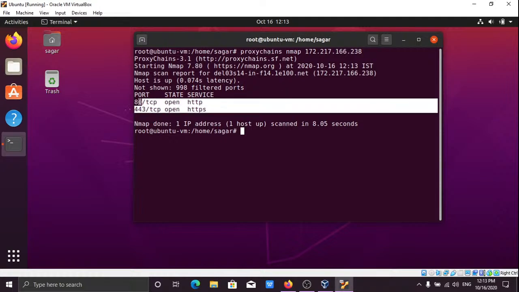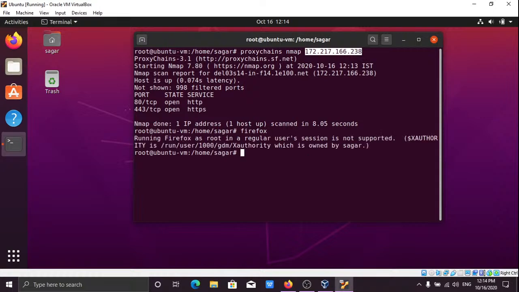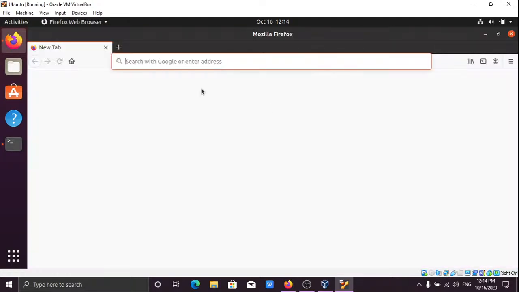Okay, so as you can see, these two ports are open. Obviously, if there is a log going on in this IP address, then they won't be able to register my public IP. Instead, what they will be registering will be the IP address that we have got from Tor. So this is one of the ways how you can use it. Now if you don't use proxy chains, if I just fire up Firefox normally